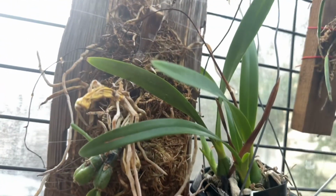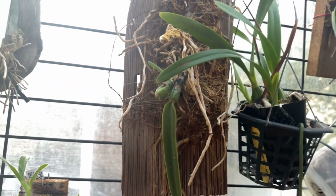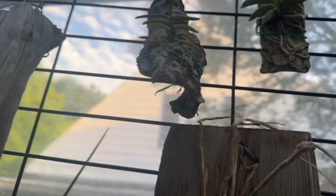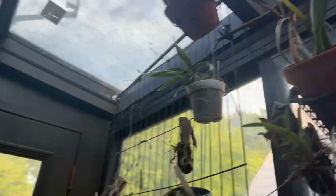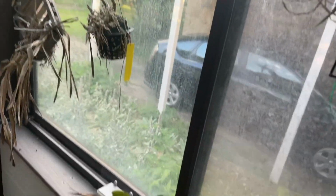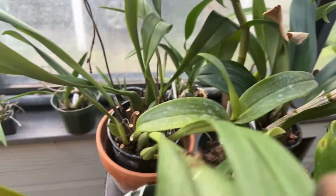There's a new growth. Wow, that is Coelostylis falcata, I think. Yeah, it's Coelostylis falcata. That's a new growth. That is a rescue. And up here are some encyclias that need to go outside yet. There's a cordillera up there, and there are others down here, and in front here is my